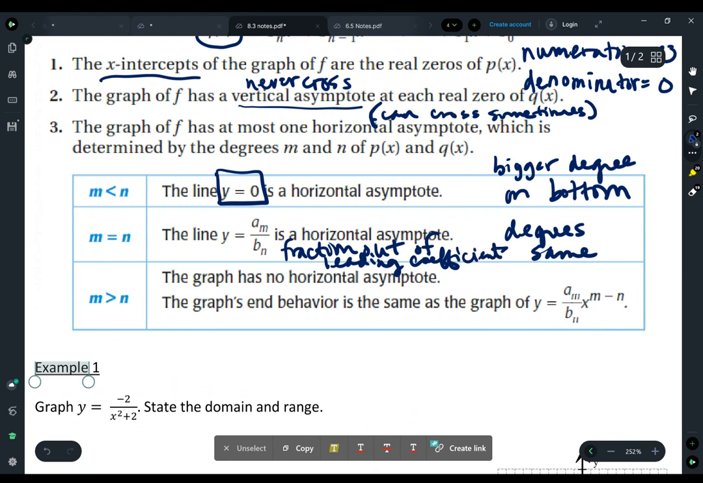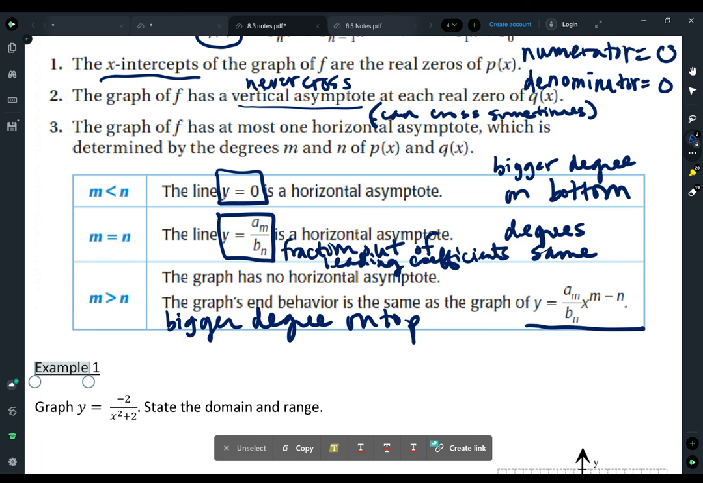So those two are kind of just continuations of stuff we've already done. So the last one is when we have a bigger degree on the top. So bigger degree on top is the weird one. So we know that the end behavior is going to have this, and we're not going to worry about that a whole lot this year, but they show taking your leading coefficients, making a fraction, and then subtracting your degree. So that tells you your end behavior, and that there's no horizontal, but there is a slant